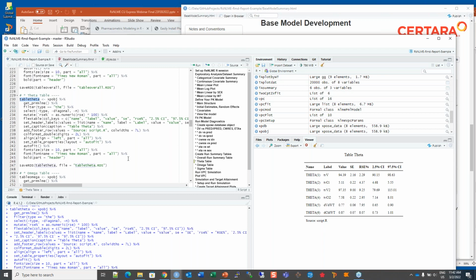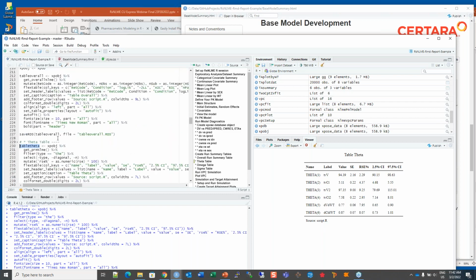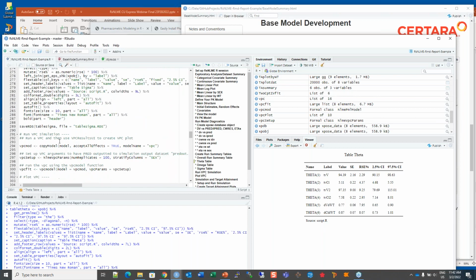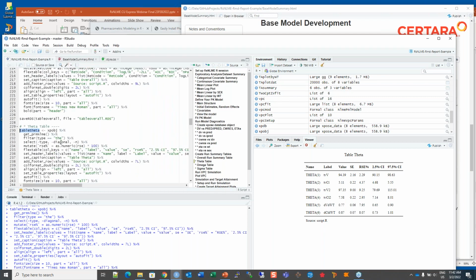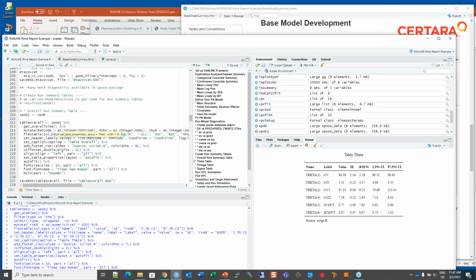And why did we select that? Well, if you don't know how to write this code, once again, you can use our Shiny applications to do this. And what I'm going to do now is just show you how to do that, and that's by use of the Results UI